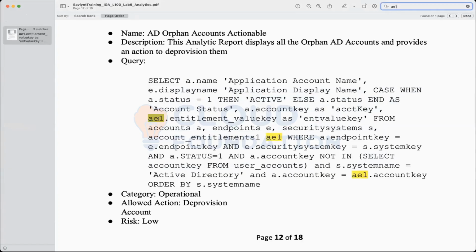And where is the declaration? Accounts and entitlements table, right? As I told you, you have one table which will hold accounts information. You have one table which will hold entitlement information, and there will be one table which will hold association between that account and entitlement. That will be a separate column or separate table, right? That is why we term it as accounts entitlements 1. This is what I mean. This is how their database is designed.